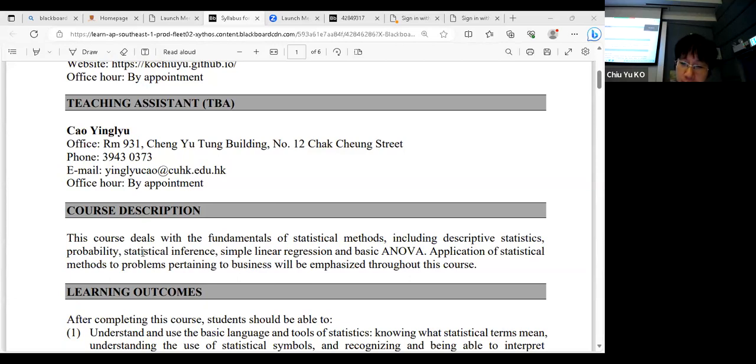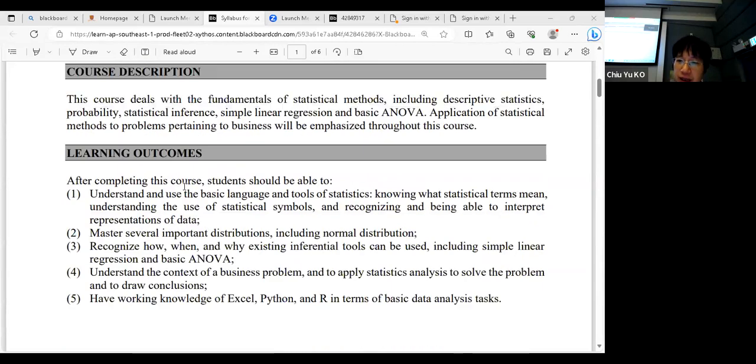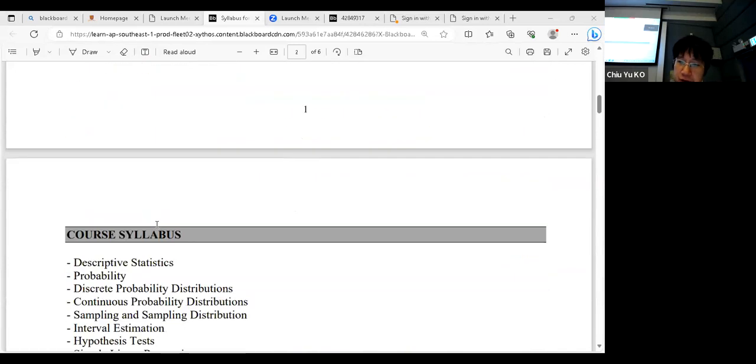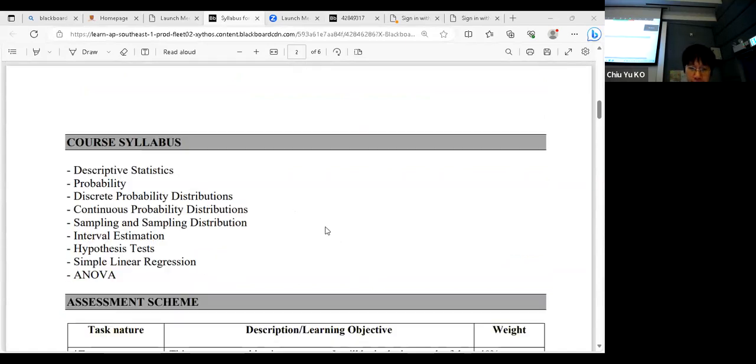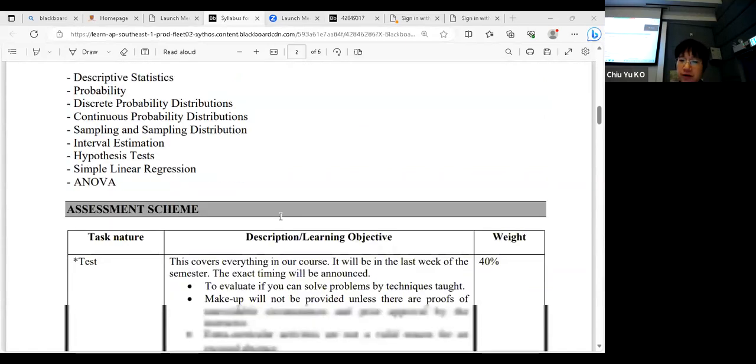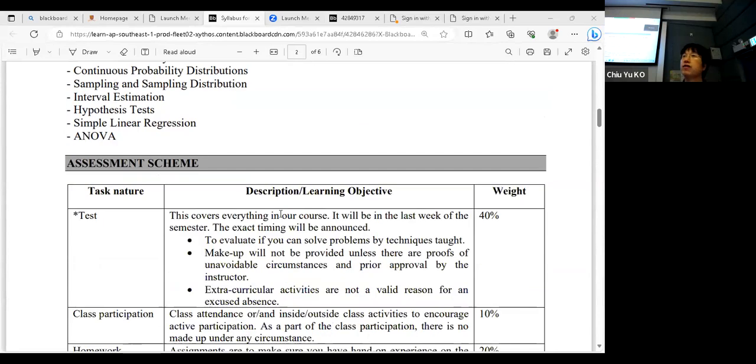This is standard, the same for all of the other sections. So if you are shopping around, it doesn't really matter, it'll be the same. The same topics, just different lecturers with different focus. You should receive the same syllabus.